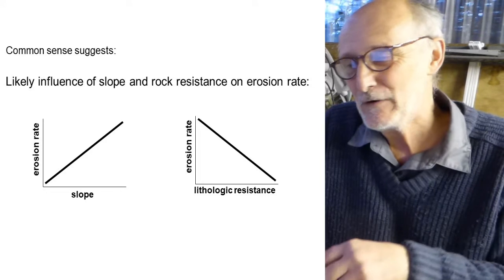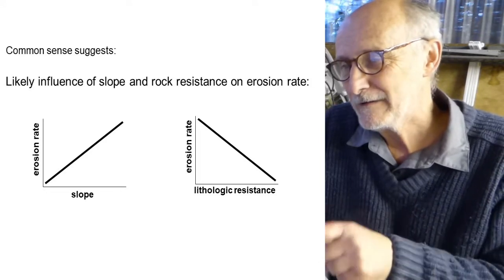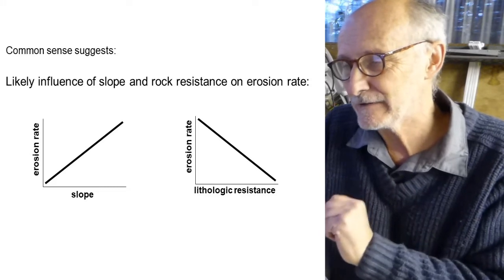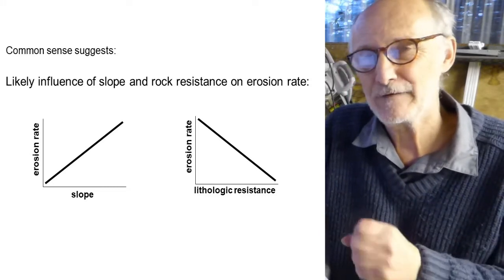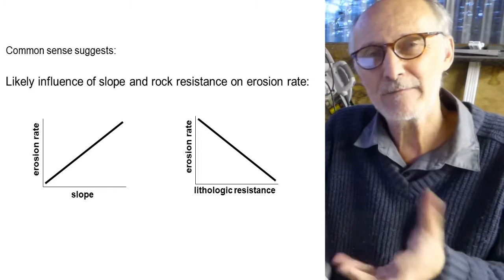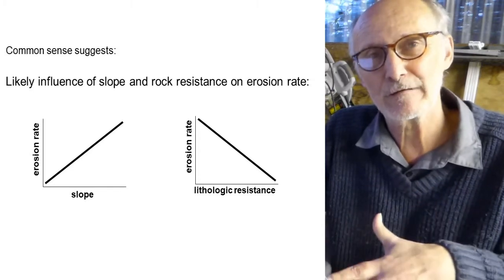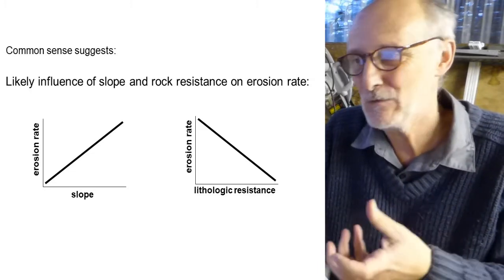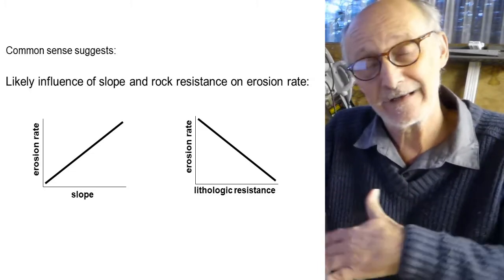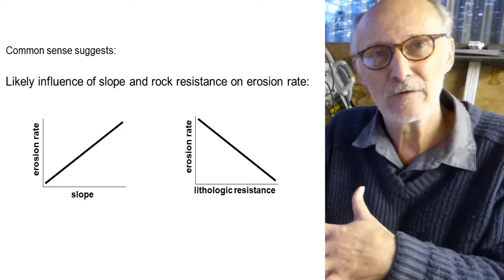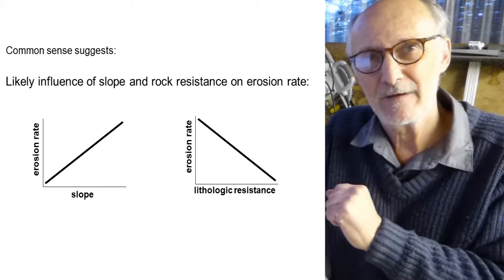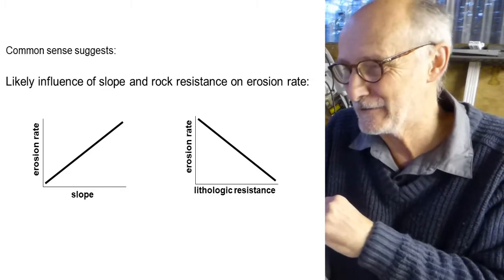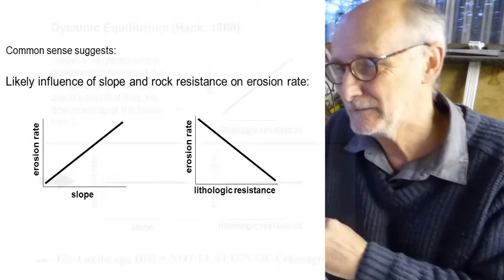Now, just before I move on to the next slide, just think, what's the correlation, if I was to draw a graph now, between lithological resistance and gradient? So if I have hard rocks, am I going to get steeper slopes forming on them or gentler slopes forming on them? If I have soft rocks that can't really support their own weight because they're so weak, then on those soft rocks, am I going to get steeper slopes or am I going to end up with shallower slopes? Maybe just think about that for a second. If you want to pause the video and have a think about that so I don't spoil the surprise for you, think it through, and then I'm going to move on.